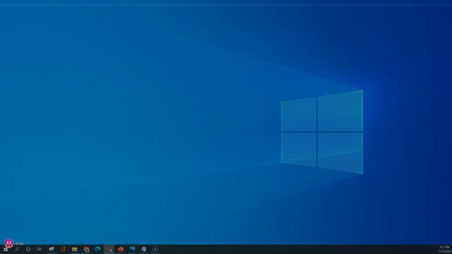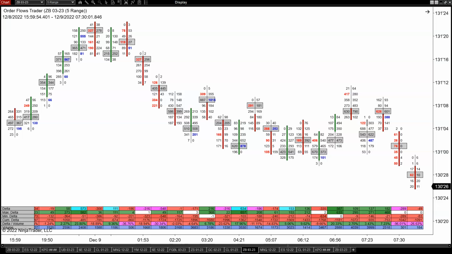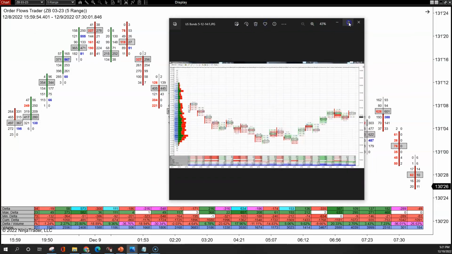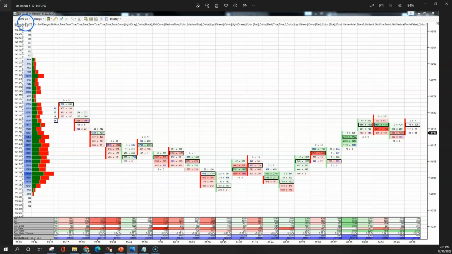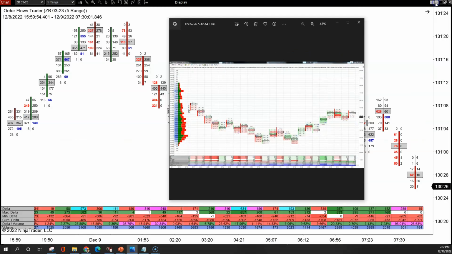In the past, this is an old footprint chart from 2015, the March bonds in 2015, and you're looking at pretty much the day's range. This is when I was still back in Asia, so it looks like midnight, but this is actually during the US day session. 141 even up to about 141.16 for pretty much the whole entire session,